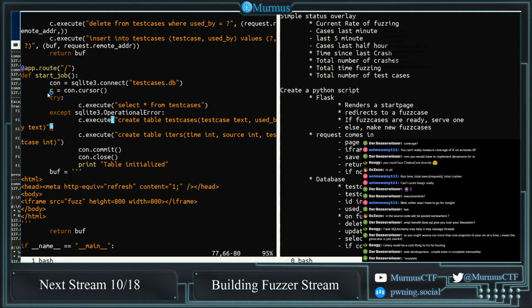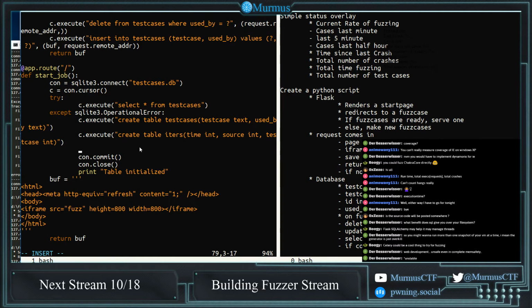So my thought process here is I currently have this test cases database, which should at any given time have at most a number of rows which is equal to... no. Ah. That's what I should do. I want test case int. I also want